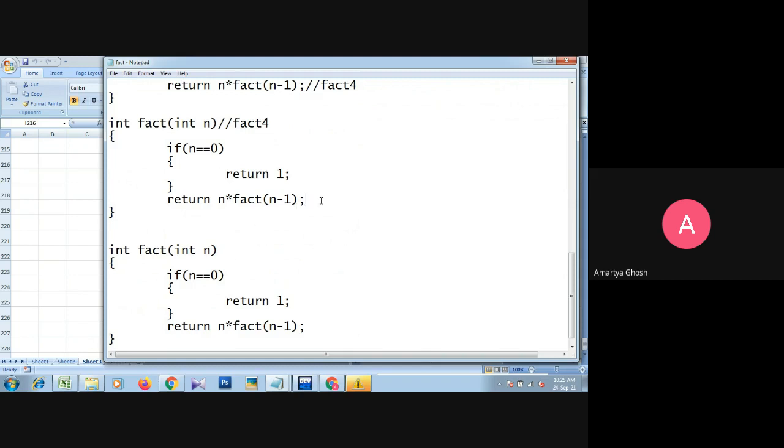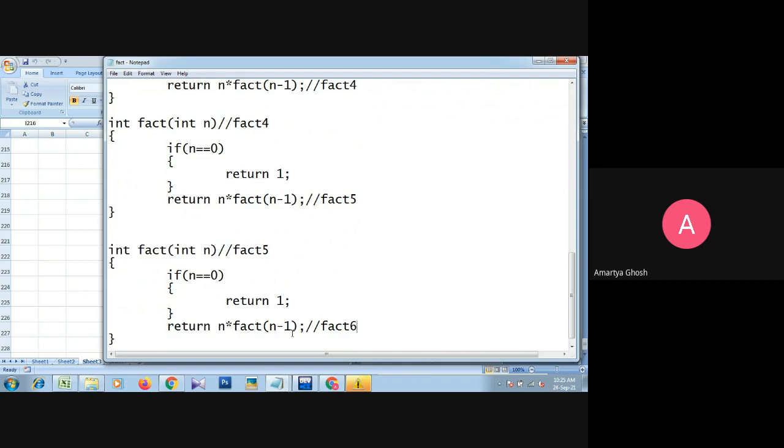So this is our fact function 5, and this is the body of fact function 5, and if it is continuing, it should be fact function 6.